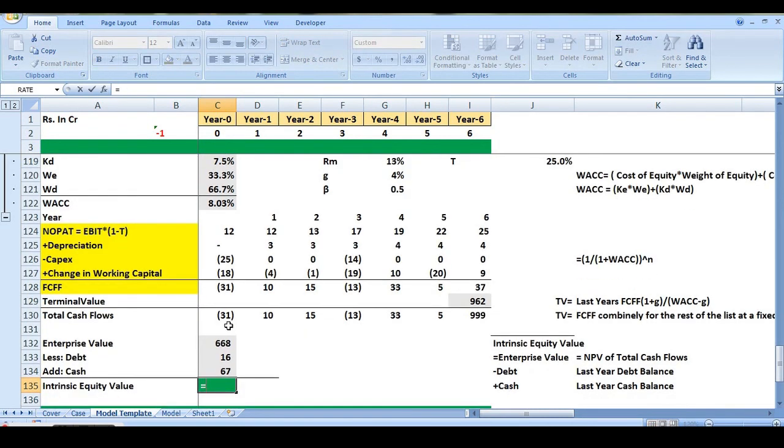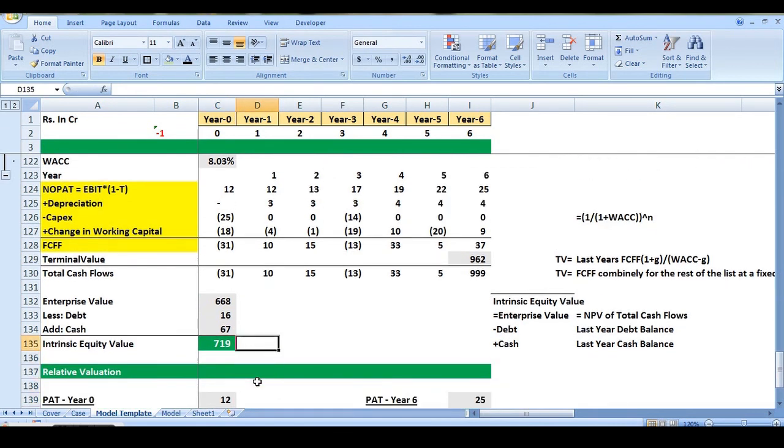which will give me equity value of the organization, for which we do the calculation as equal to enterprise value minus debt plus cash. So we can say the equity value of the current organization is 719 crores. Now this value will be useful in the case of mergers acquisition valuation, or as an investor. Say if the organization is issuing shares, the per share value can be calculated as this entire equity value divided by number of shares, which will help us make decision related to this organization.